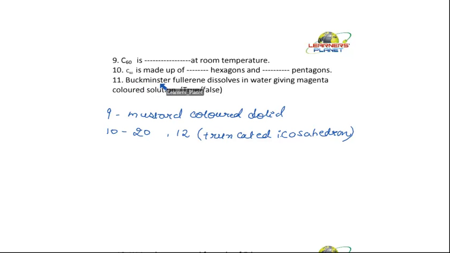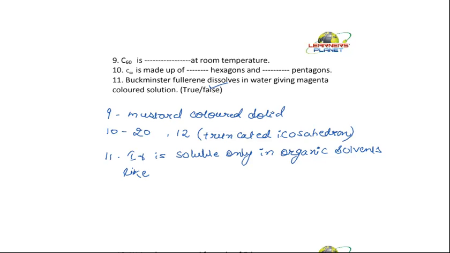Now the 11th question is, Buckminster fullerene dissolves in water giving a magenta colored solution. Is it true, students? It is false. Buckminster fullerene is soluble only in organic solvents. Remember it. So it is soluble only in organic solvents